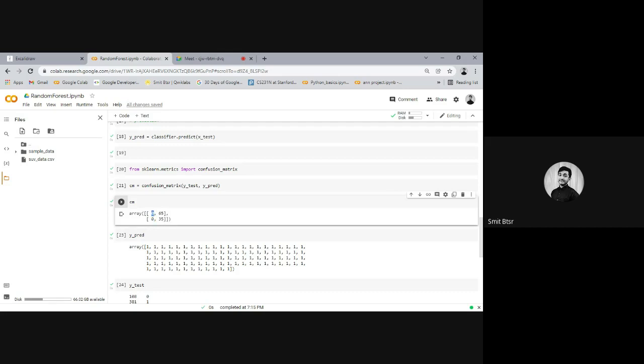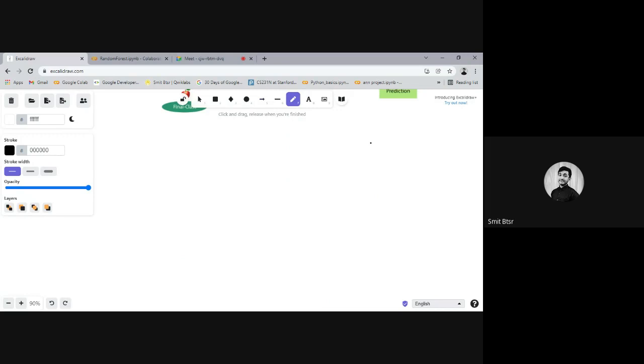Did you get it or not? This first column is zeros and the second column is ones. Row-wise, the first row is true and the second row is false.